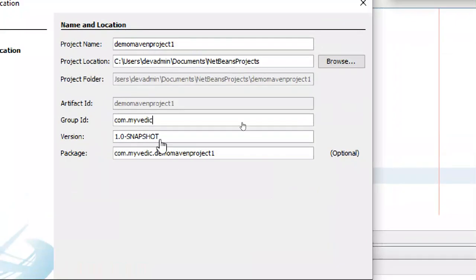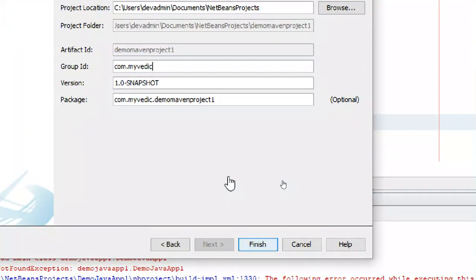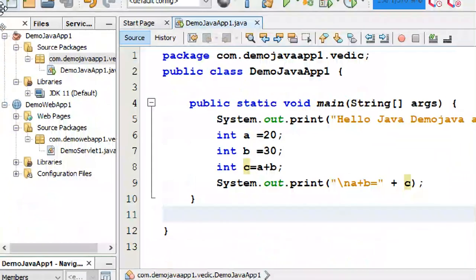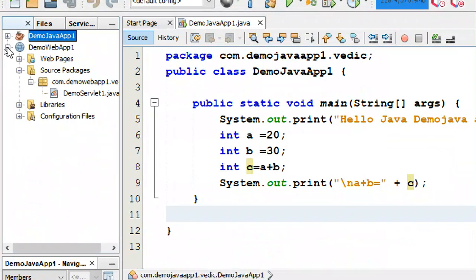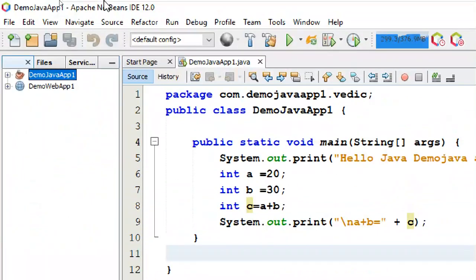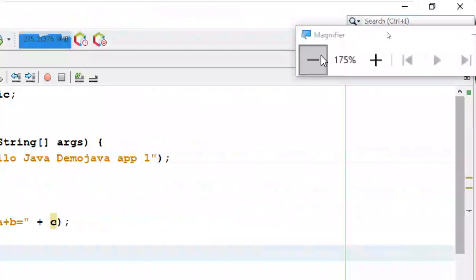So this is demo Maven, My Vedic, and the package name comes like this. Finish it. I finished it. Is it going on with something?